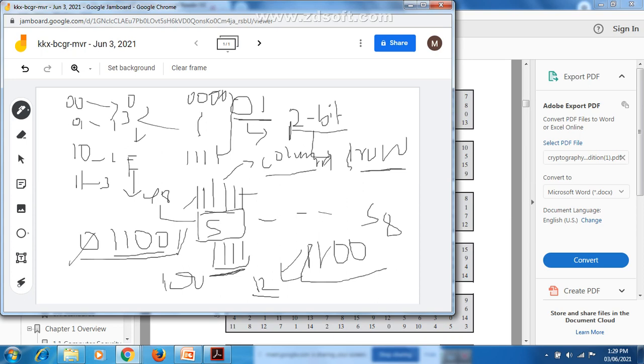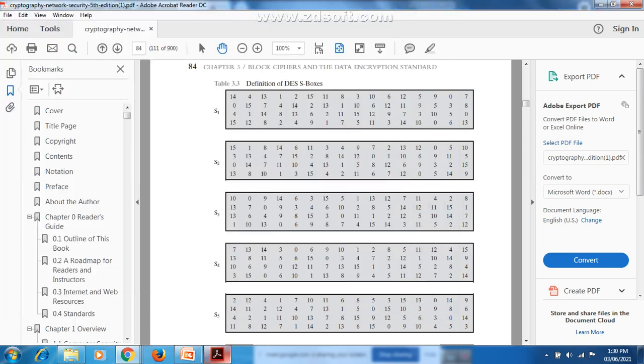Are you getting? What is the value there? It is 12. How are we going to represent 12? 1100. So that will be the output it is going to produce.